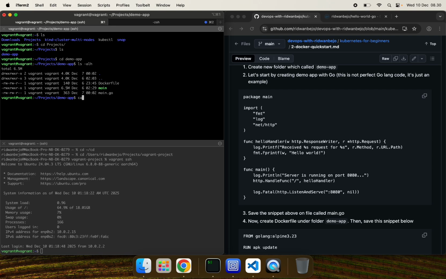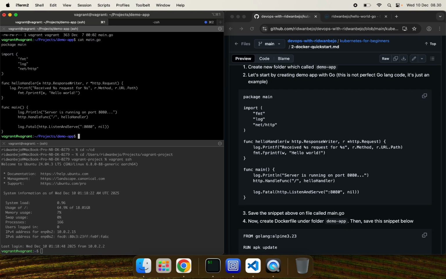So if you see here in the main.go, you will see the snippet is the same as the snippet in the guide I've made. You can type it or you can copy paste it. That's up to you, as long as you have this code on your local machine or on your server.